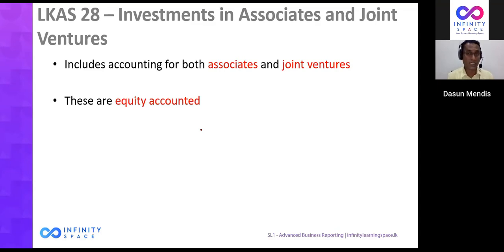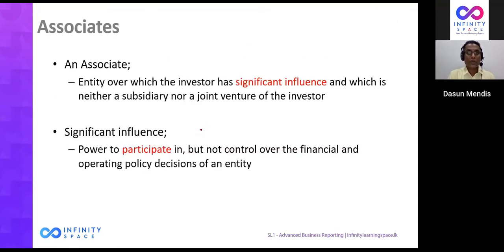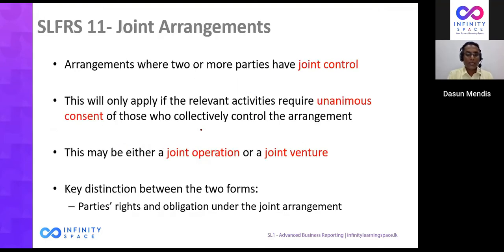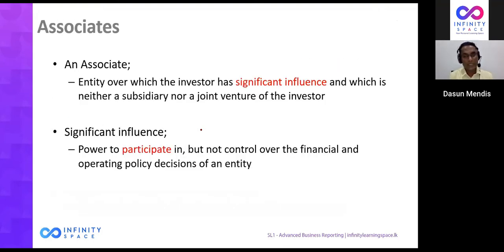in the consolidated financial statements. So an associate means an investment over which the investor has significant influence. Normally, having a holding of 20 to 50% gives the investor significant influence. When you have significant influence, you can participate in the financial and operating policy decisions of the investee. Right? So the accounting is equity accounting. On the other hand,